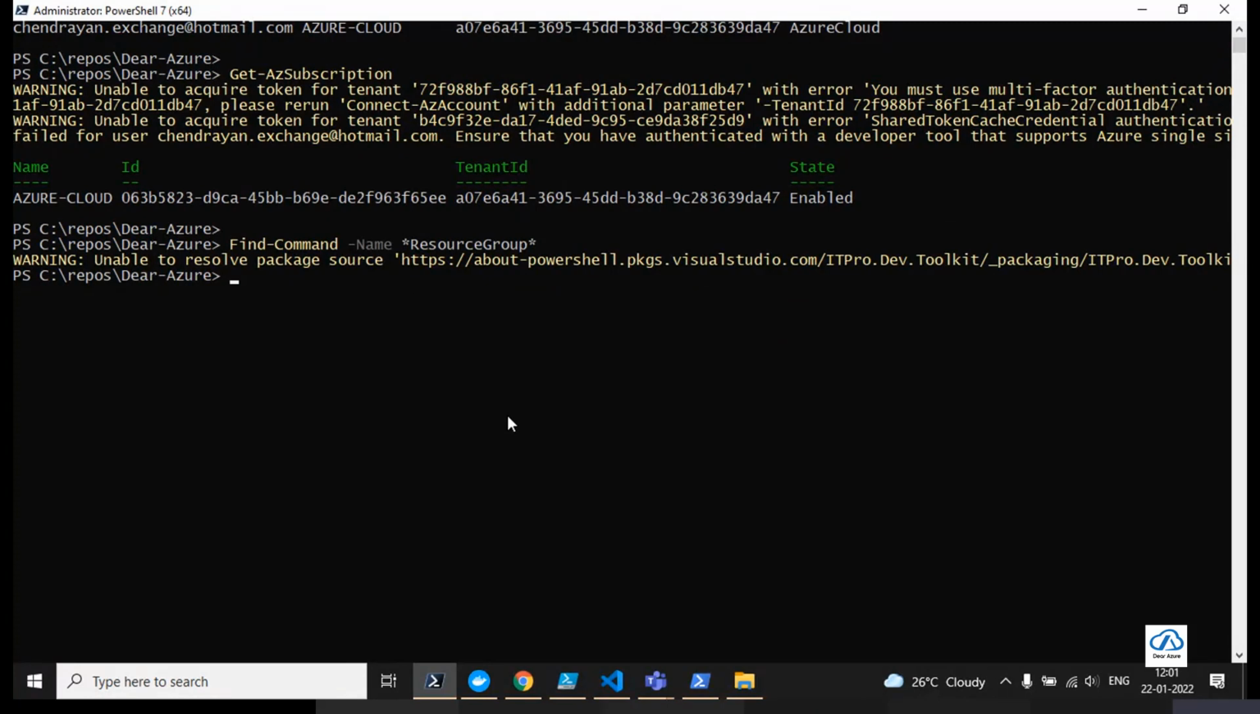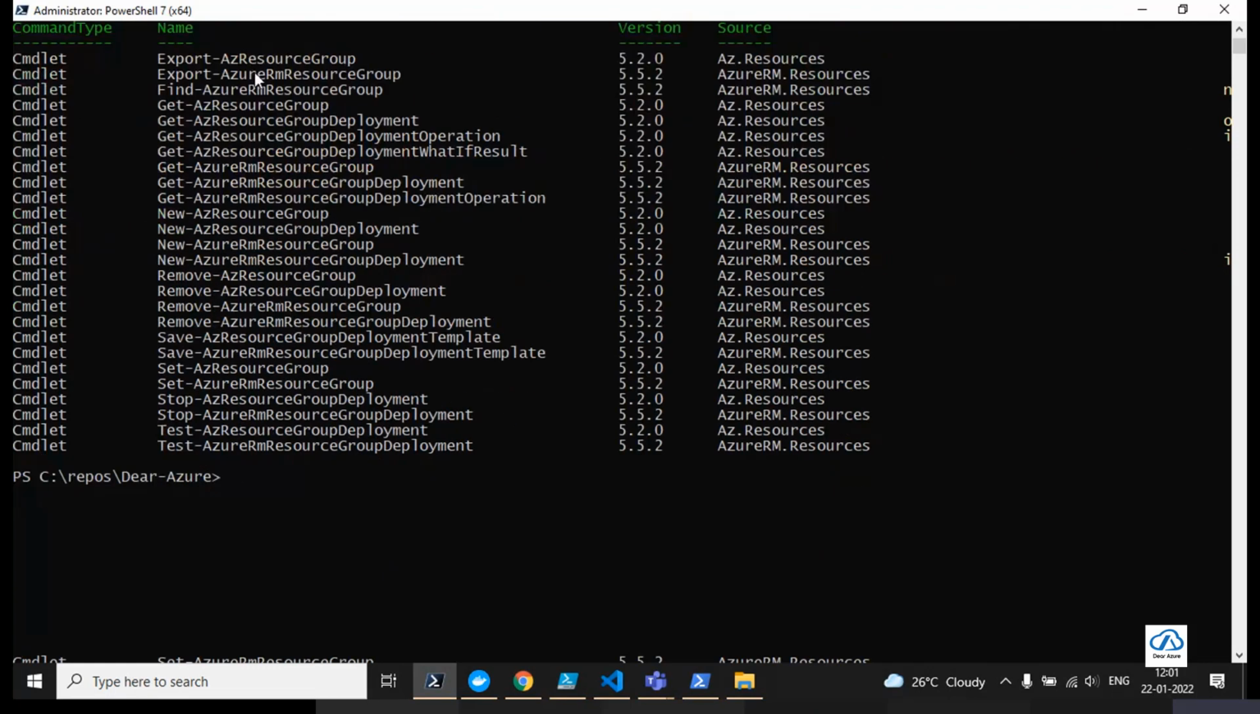OK, sorry, I think I didn't get it. I just want to use a Get command. That is easier. So I get all the details which have a command called resource group. So Get-AzResourceGroup is the one I want to use. So now I will also say